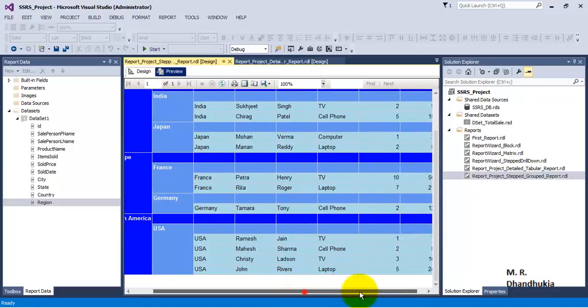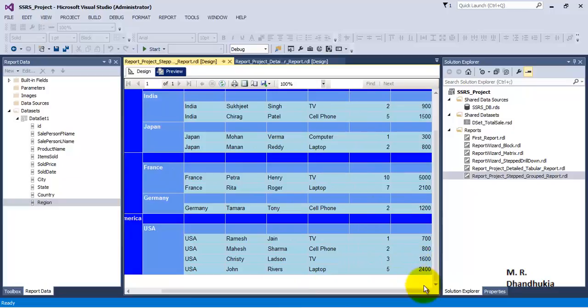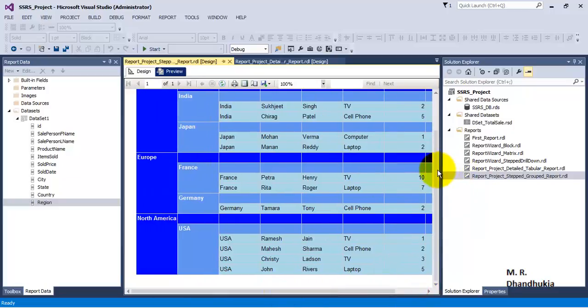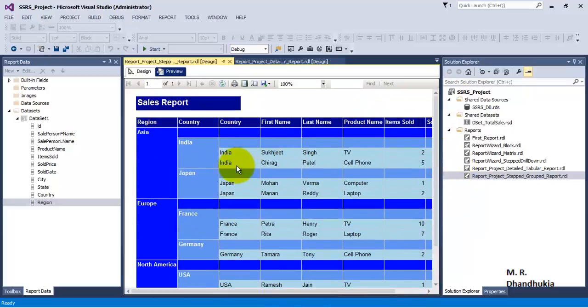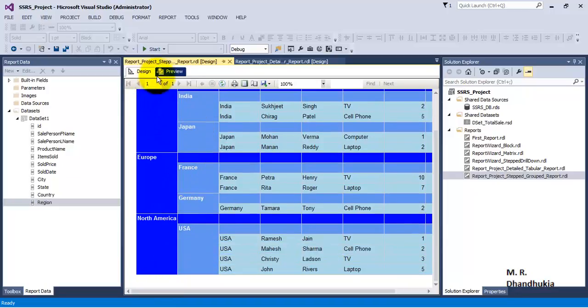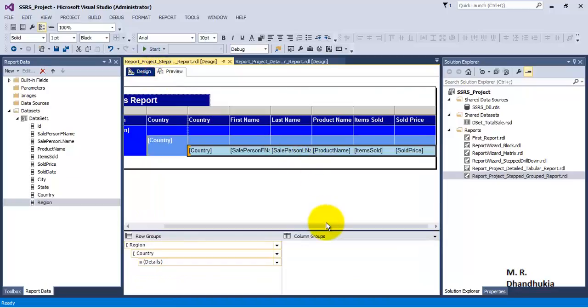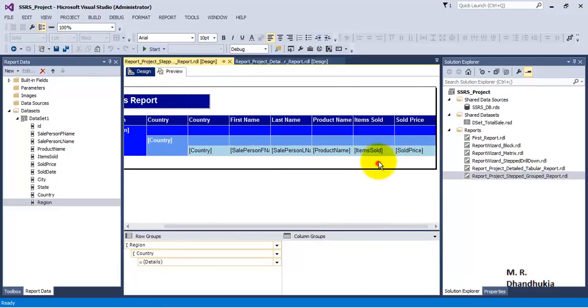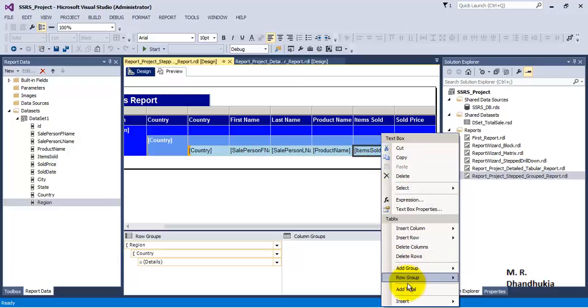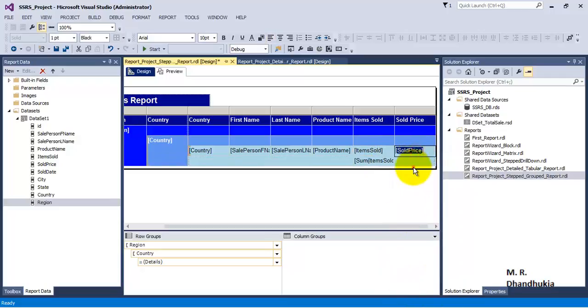Now all that we need to add is the subtotals and grand totals. That is, we want country wise total, then region wise total, and then grand total. So let us go over here. Let us select this column and say add total. Again select this column.